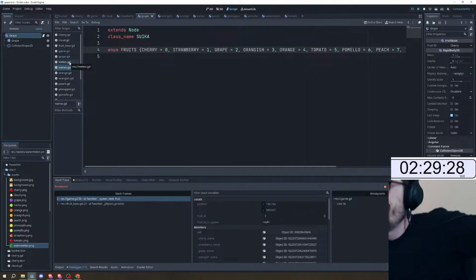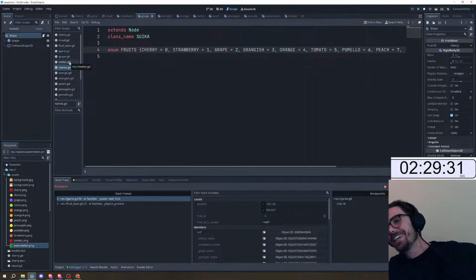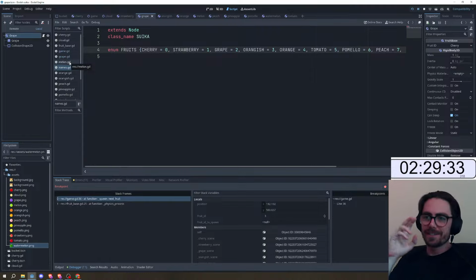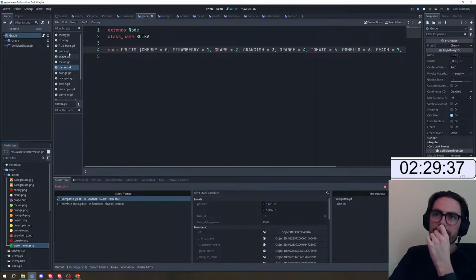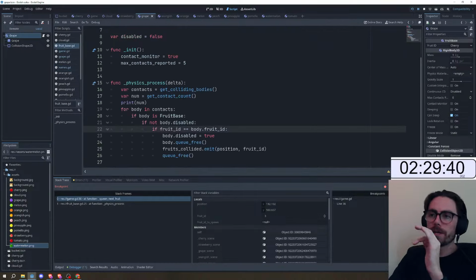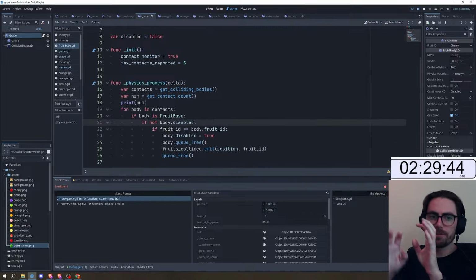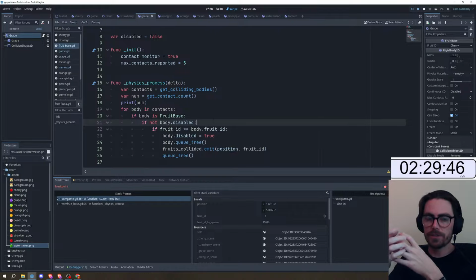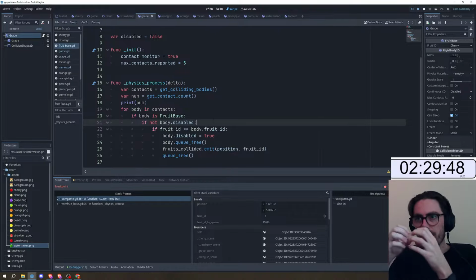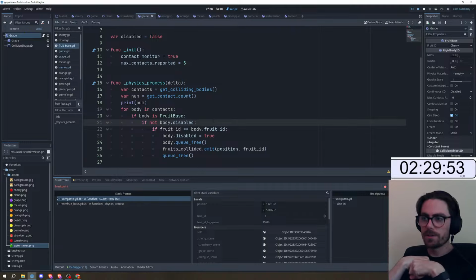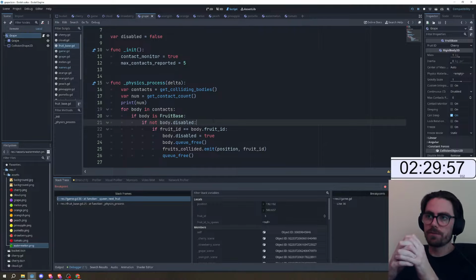Yeah, this game is so simple except for the fact that you have to do this one little bit of code. Everything about this game is so easy to code except for this one little bit where you have to intercept the physics engine when two fruits touch, and then you need to delete those fruits and replace them with the next fruit that's there. So